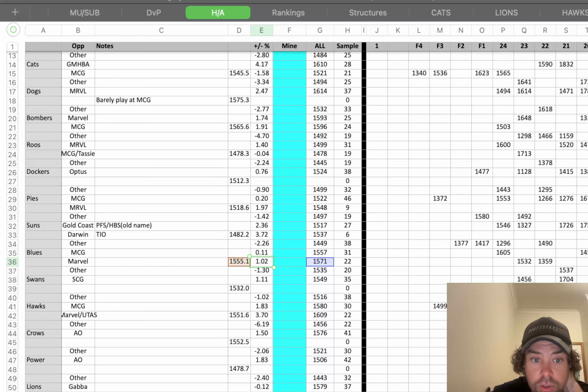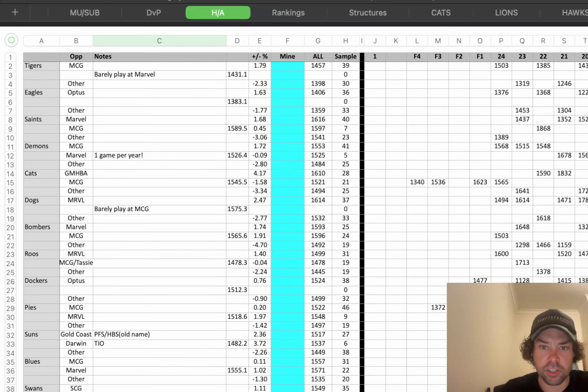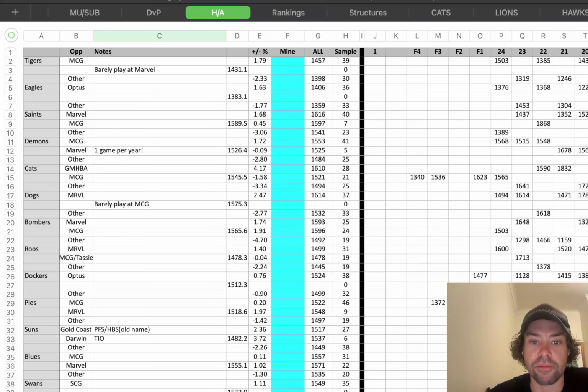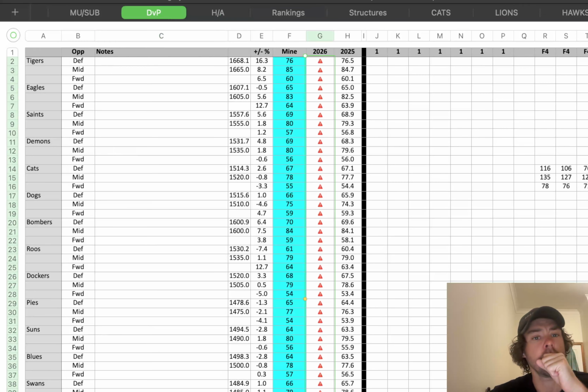Oh, and the Hawks outside of Victoria and Tasmania are minus 6%, which is dreadful. That's probably going to even out as my sample gets bigger, so I usually don't use that 6% number. I put in a subjective number for the week to the rankings page. But anyway, that's how I deal with home and away. I've only been doing that for about half a season. I don't really know if I'm getting much advantage out of that, but it's giving me kind of a unique answer compared to everyone else.